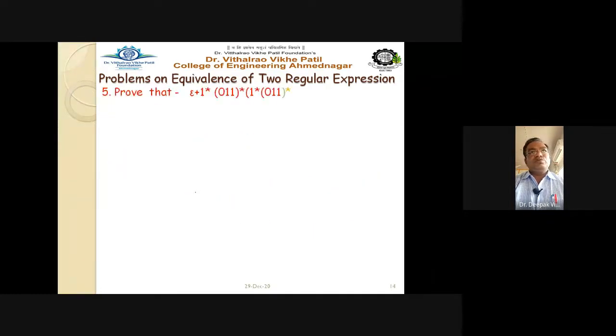Next, number 5, prove that. Now these are two regular expressions. The regular expression on the left hand side is this, and on the right hand side is this. We have to compare them, so see the step by step method of